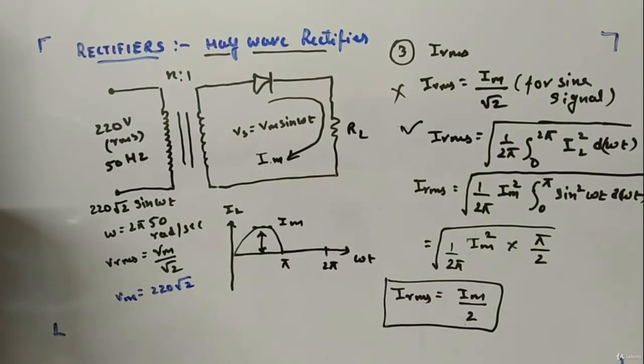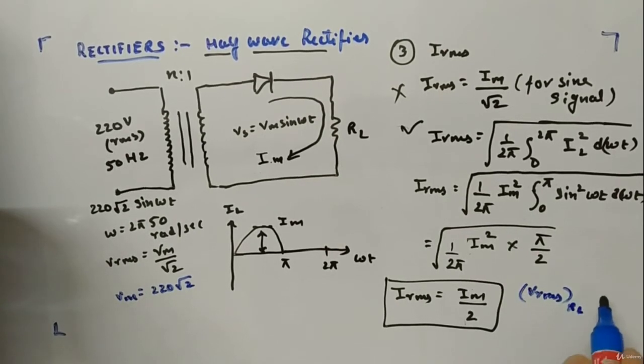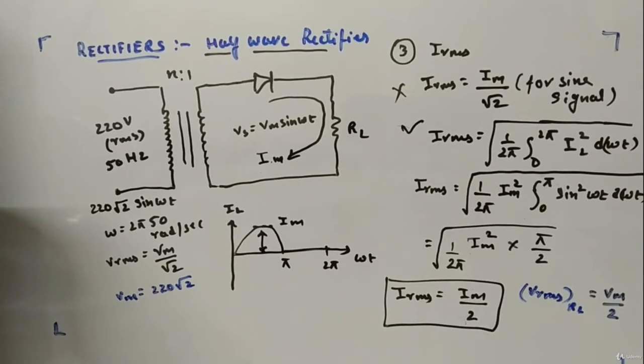Now we will move on. Okay, one more thing I can add, I believe. Along with this, we can also have VRMS at RL, that will be Vm by 2. Okay. Okay, so we can also have VRMS at RL, the RMS voltage Vm by 2. Why? Because